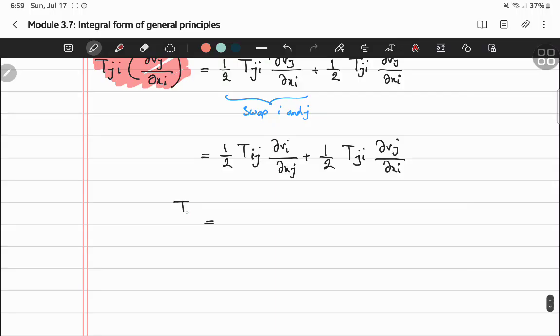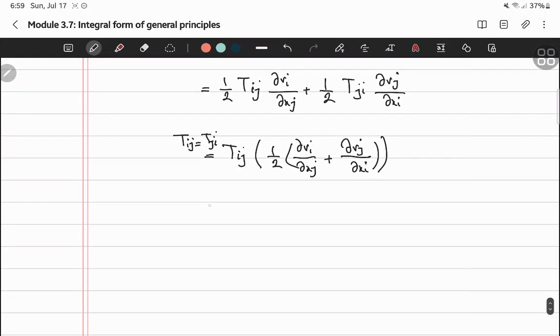Since we know that t_ij is equal to t_ji, we can write this as t_ij times half of partial derivative of v_i with respect to x_j plus partial derivative of v_j with respect to x_i. This is basically t times half of del v plus del v